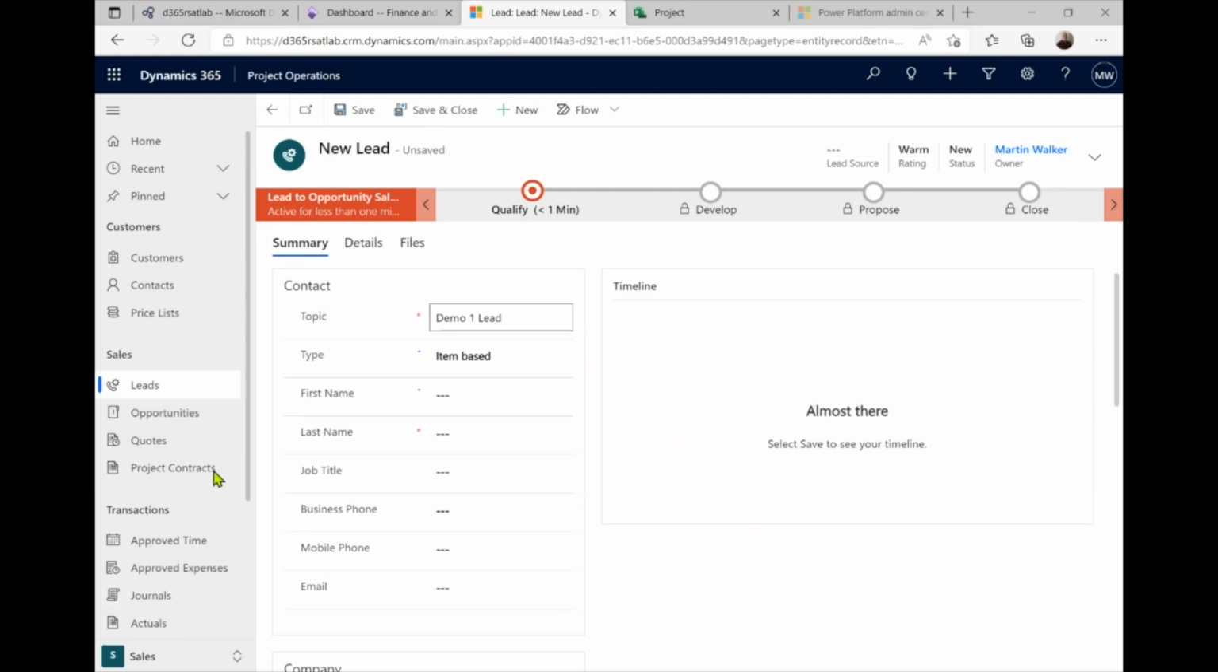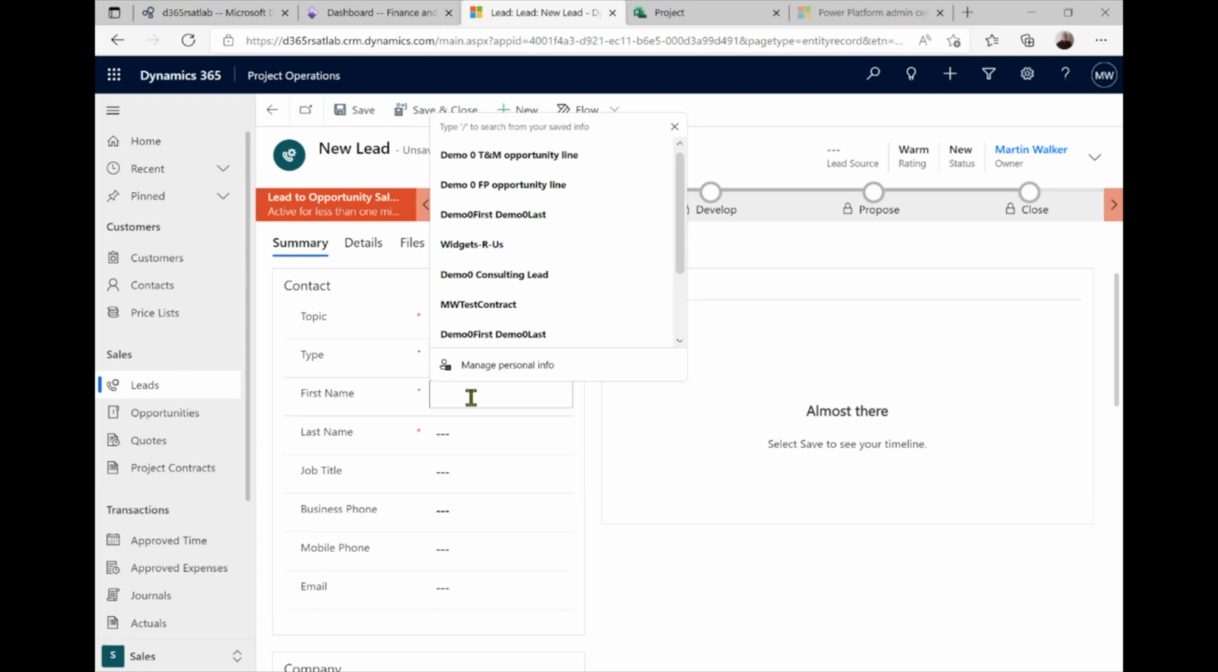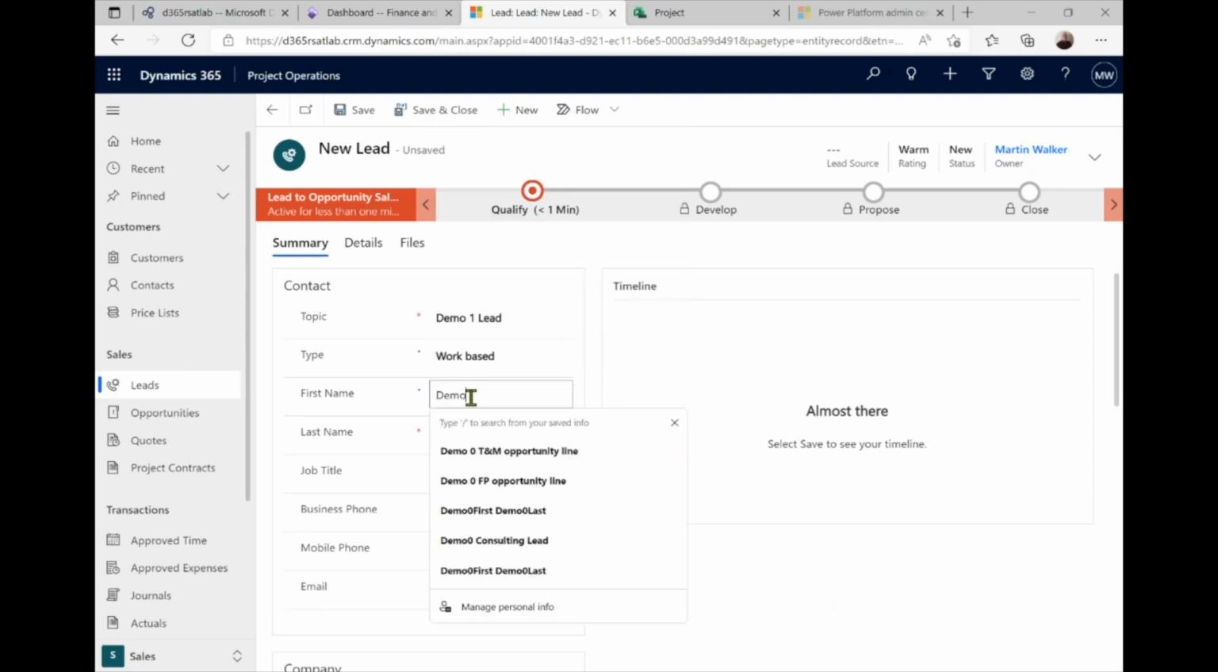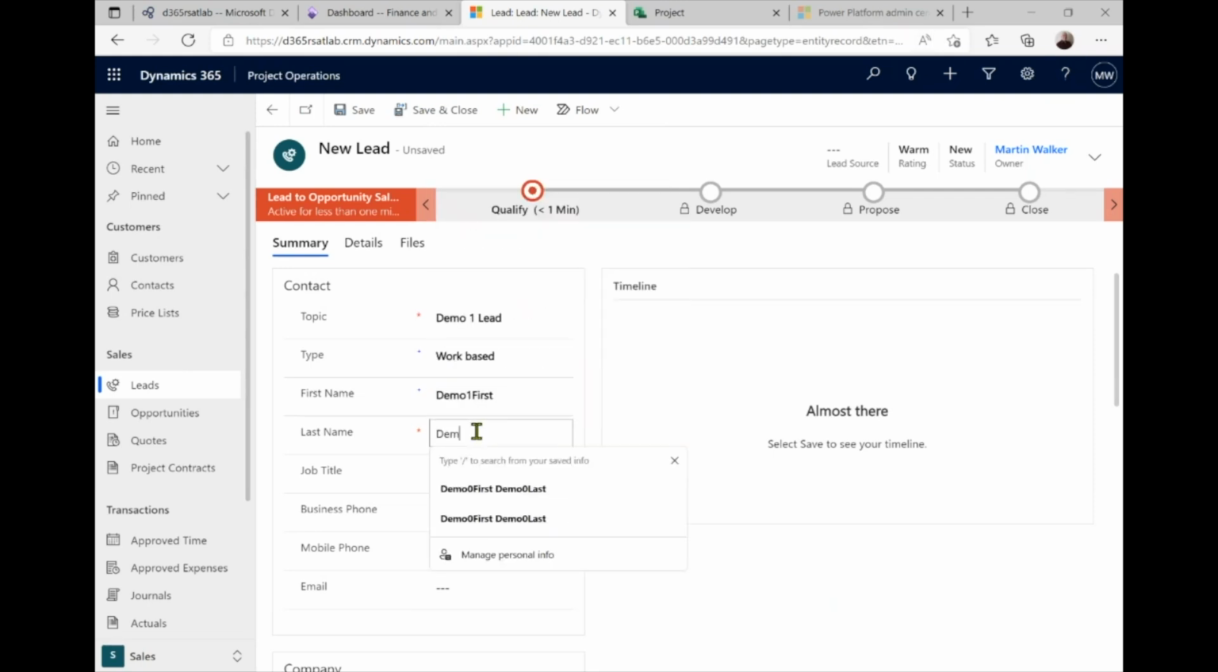And the type will be work-based. And I'm gonna make up a name for the lead contact. So demo 1 first, demo 1 last,